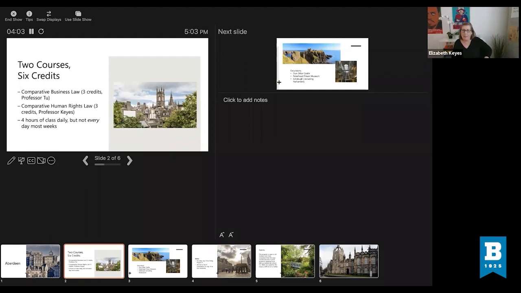Great. And my course is going to be comparative human rights. And again, it's meant not for people who are already steeped in human rights. I know for folks who just finished 1L, you haven't gotten to take any electives. But it's going to start by giving a scaffolding for how human rights develop and how they're enforced generally, but then we turn very quickly that first week to how they get exercised in the UK, Scotland in particular, and Europe and the US, different systems.